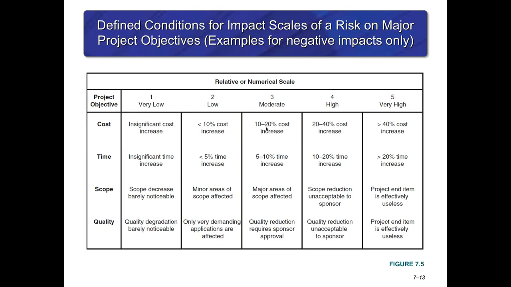So for instance, we look at the cost, and if we rate that as very low, then that would be an insignificant cost increase, right? However, as Cole pointed out with his, that's about a $6,000 hit if you do end up getting sued. So that would be a very high relative scale. So that's something that you really need to pay attention to, right? If you're building a balsa wood bridge,